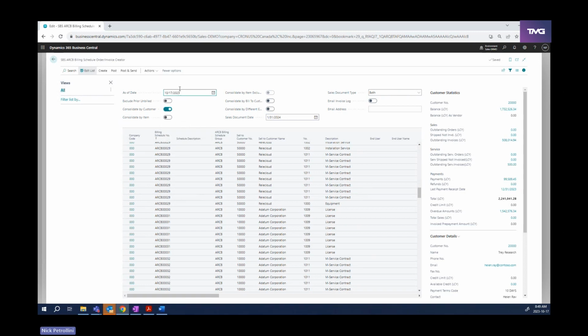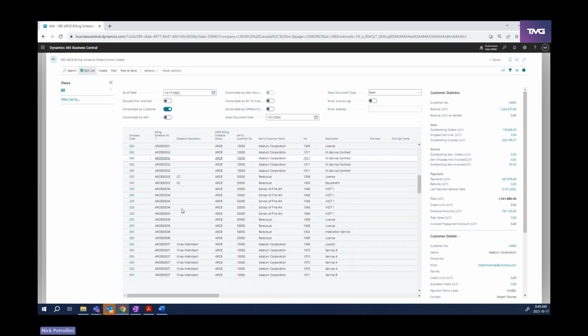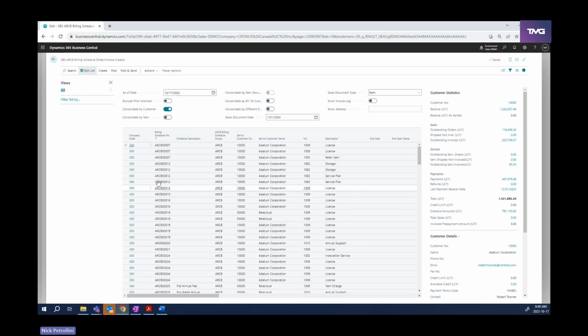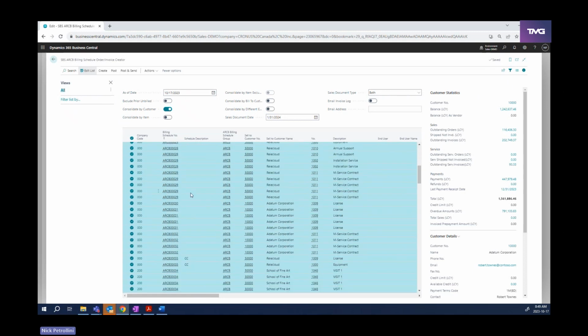If I go to my cutoff date here of today's date, October 17th, here I can see all of those items that are ready to be billed for. And from just this screen alone, I can go ahead and select all of those lines that I want to bill for. And easily I could just select all and run all of my individual invoices just in this one